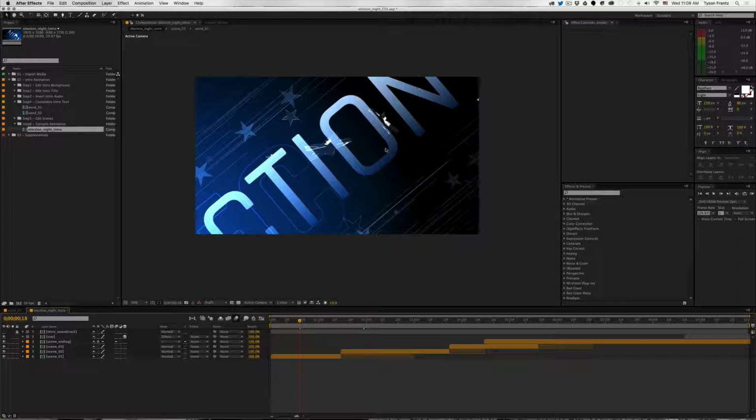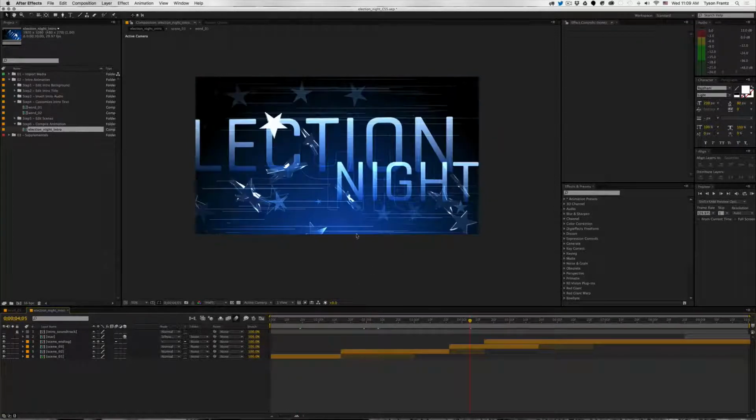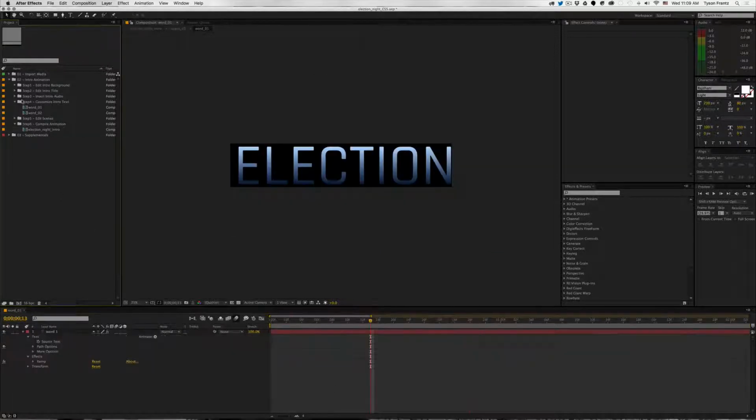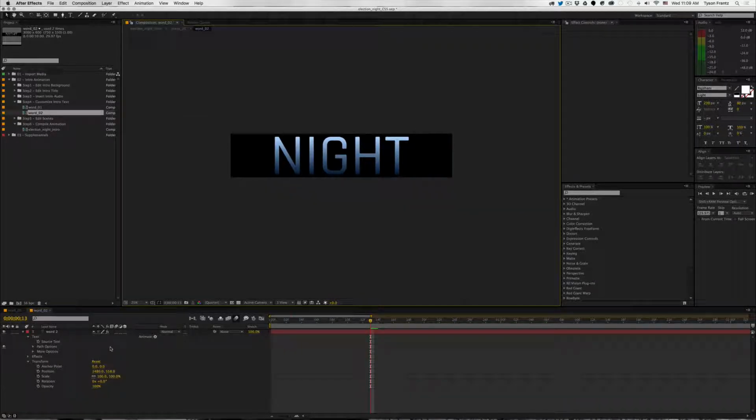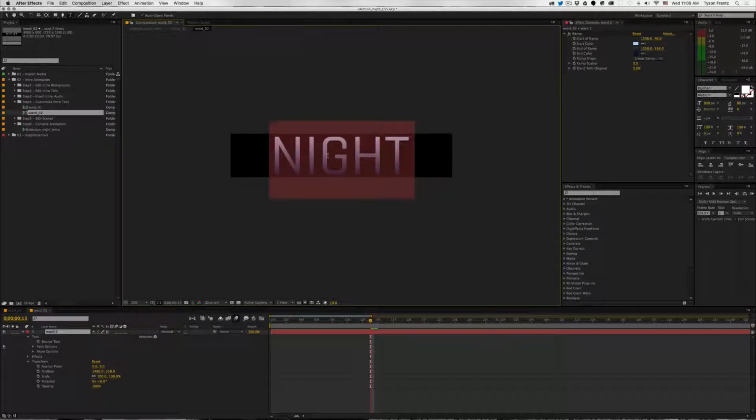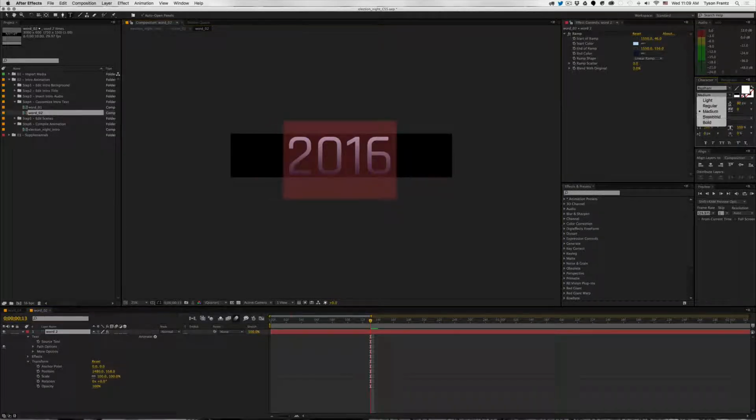So right now we have the word election that sort of goes across, and then the word night, and then in the third scene we sort of see both words large across the screen. So word 1 is election and word 2 is night. So anything that we change these words to, like for example, if we wanted this to be 2016 again instead of night,